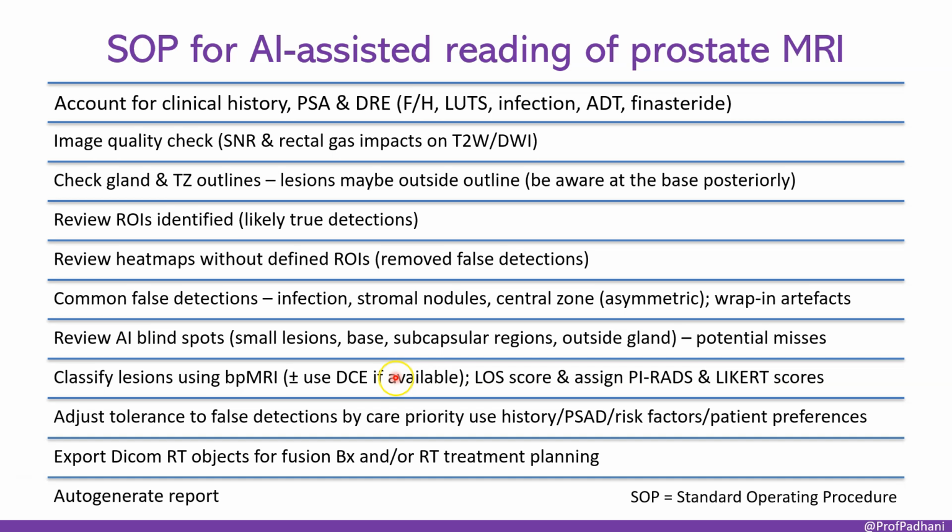outside the contour, carefully reviewing the ROIs identified by the AI, are they likely true detections, reviewing heat maps even without defined ROIs to look for subtle signs or understand dismissed false positives, being aware of common false detections, actively reviewing known AI blind spots, classifying lesions using all available MRI sequences, incorporating the AI score but ultimately assigning your own PIRADS Likert score,